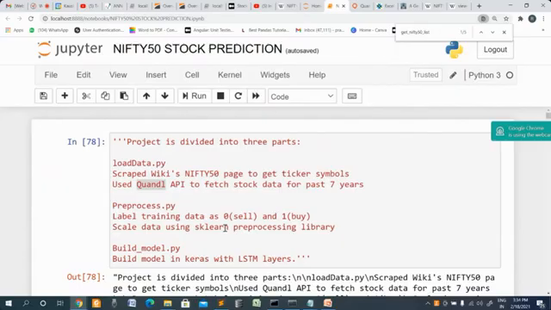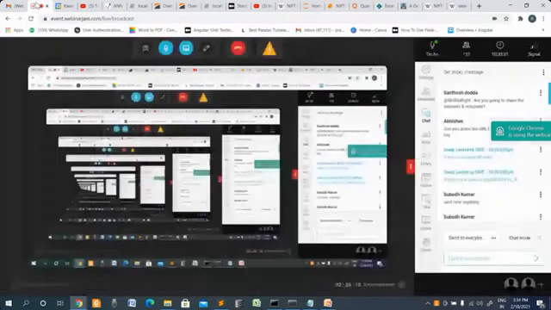For that, as I told you, the Quandl API helps us pull the data by passing one ticker at a time and mentioning the date range, from which period to which period I want to get it. So that is the second step.